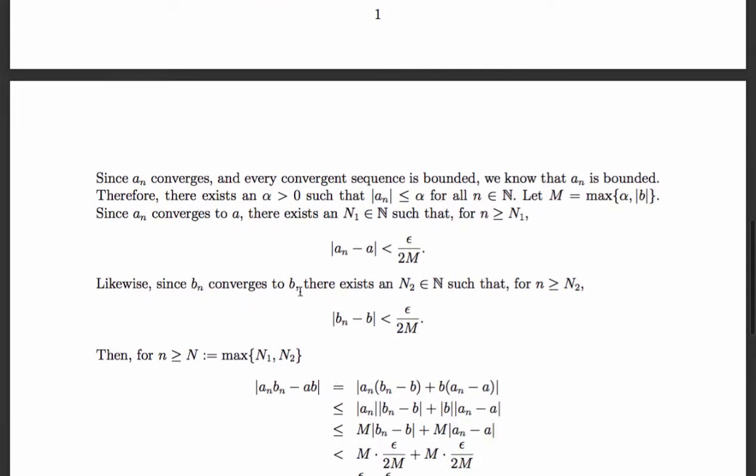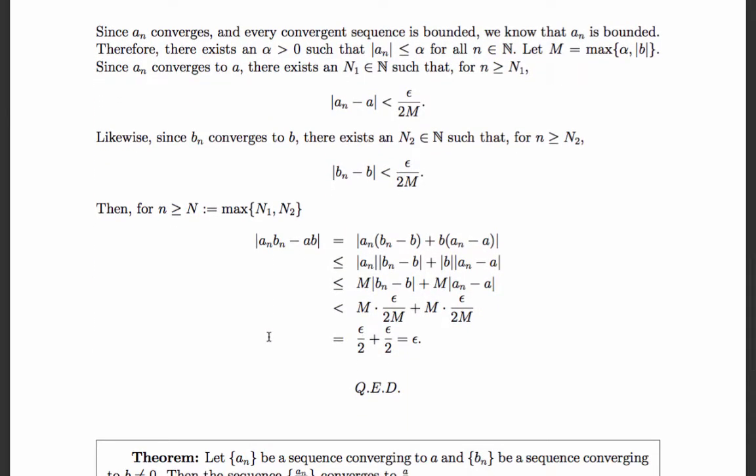Of course, since B_n converges to B, we can do the same trick. There's a natural number N2, and if little n is greater than or equal to N2, the absolute value of the difference between B_n and B is less than the same positive number, epsilon divided by 2M. As before, let little n be bigger than both of those natural numbers, N1 and N2. In fact, we'll call the larger of N1 and N2 big N. Let little n be greater than or equal to big N, then